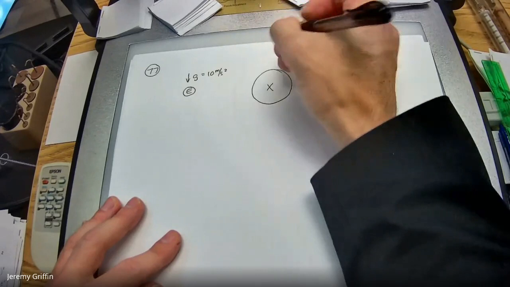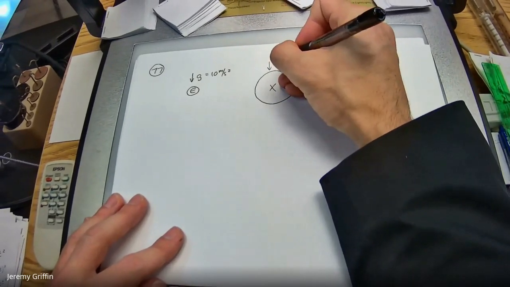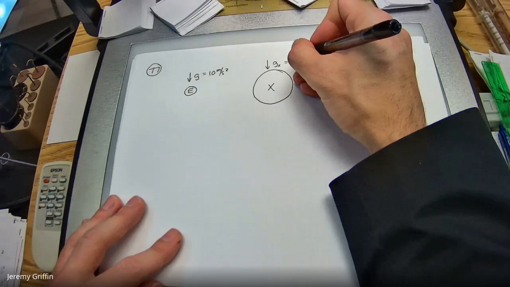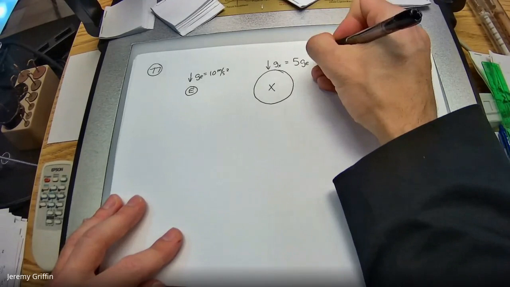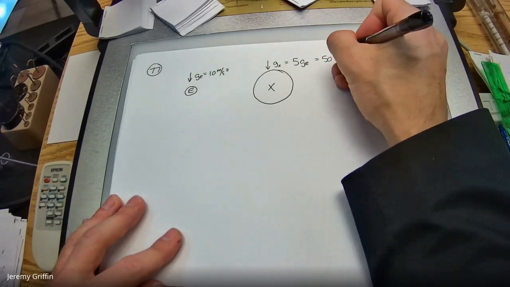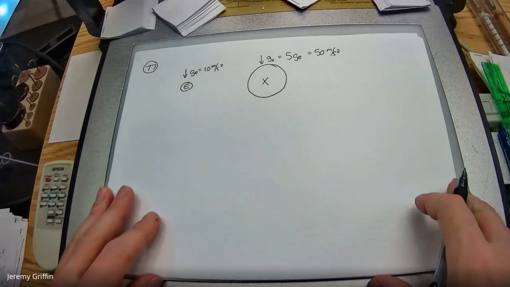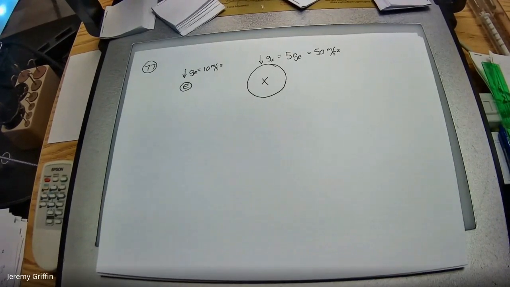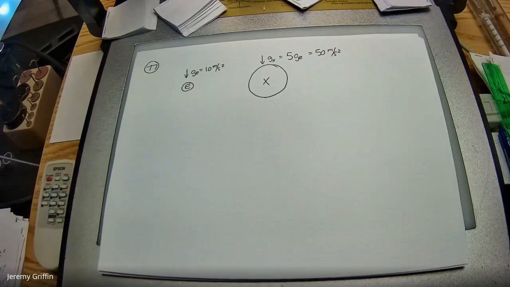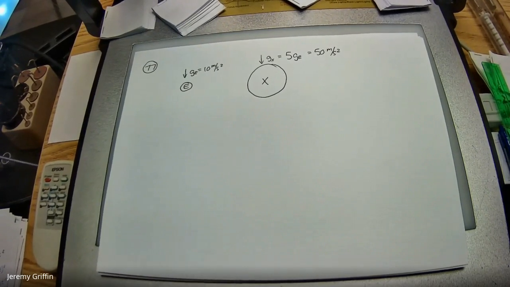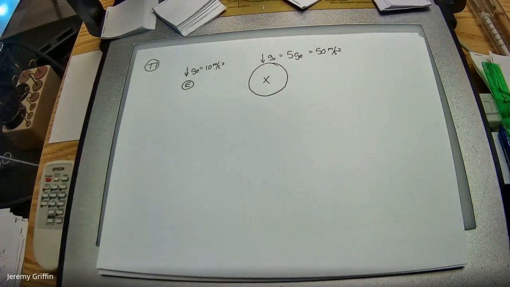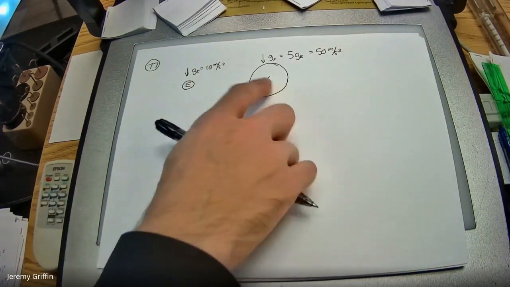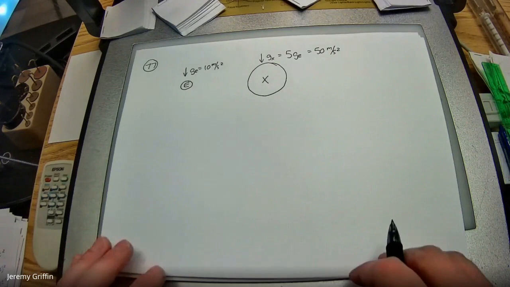Let's say on this planet X, the gravity is 5 times Earth gravity, which would be about 50 meters per second squared. So not exactly what's in your book, but same idea. We're increasing the gravity. What it says is, suppose you take a ball and you throw it vertically upward with the same speed on both planets, planet Earth and planet X. Same speed. How does the maximum height of the ball on planet X compare to the one on Earth?